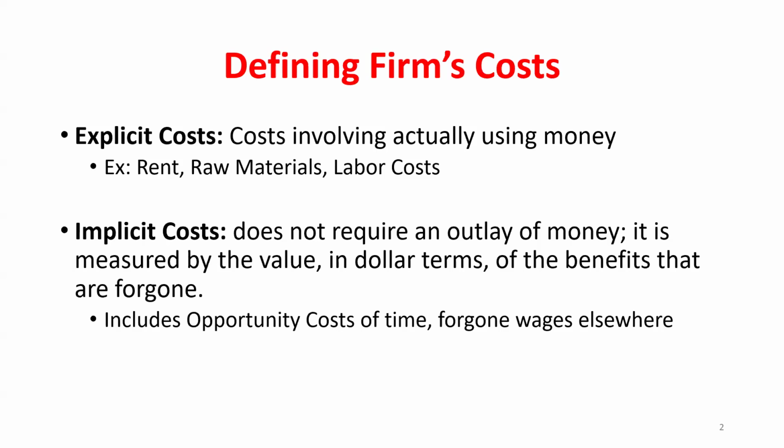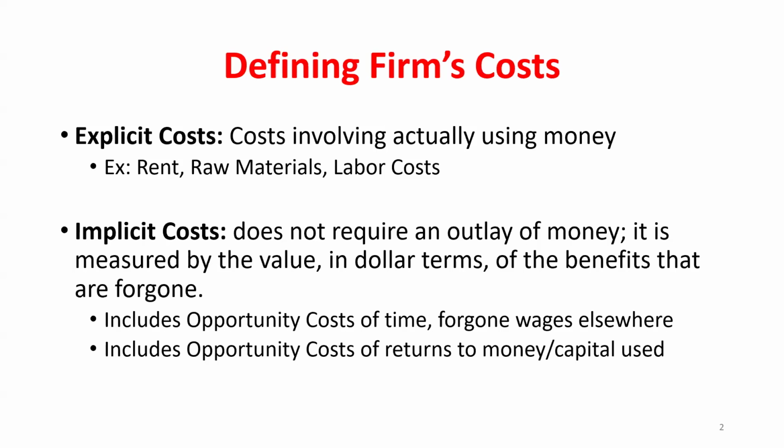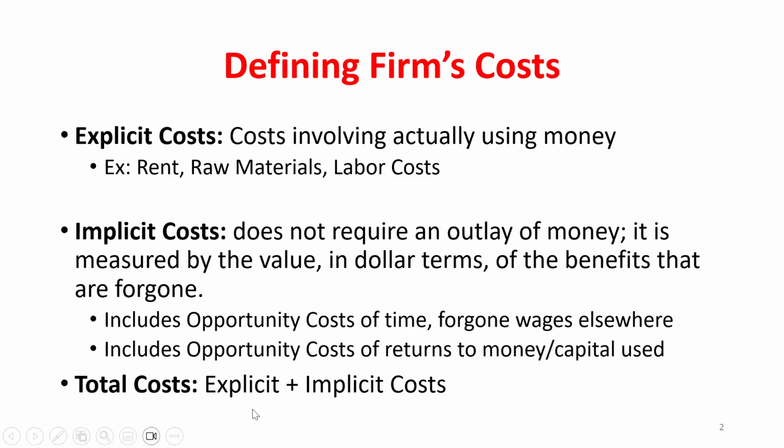Okay. So we're making this differentiation between the two types of costs a firm faces, right? And I already mentioned it could not just be foregone wages I could be making somewhere else, but foregone returns, if I took the money I'm investing into my firm, I could have been investing it into the stock market or some other kind of financial product. Okay. So our total costs are just going to be the sum of these two, and we should be making decisions based not just on our explicit, but also our implicit costs, which are both included in our total costs.